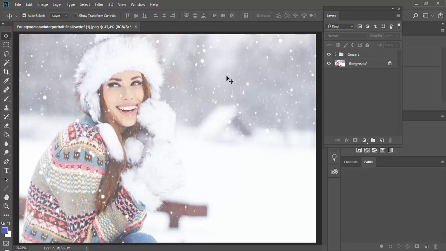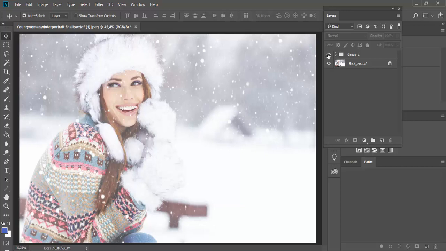Hi guys, in this tip I will explain to you how to use snowfall patterns which you can download for free from my blog Design Easy. Here is a winter scene image and snowfall patterns in action. This is before and here is after. I will post a link to download snowfall patterns below this video on YouTube.